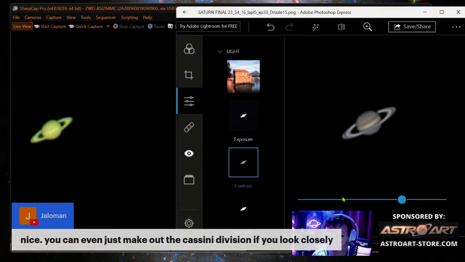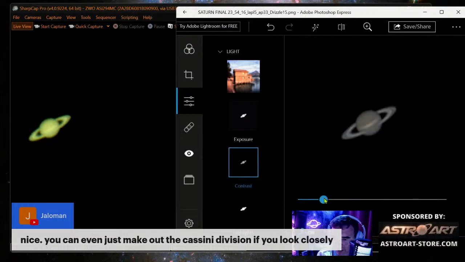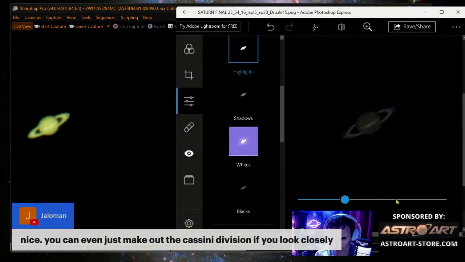It gets better without the moons. If I lower the contrast, the moons appear a bit. If I increase the contrast, the planet gets better, but the moons, bye-bye. Okay, highlights.